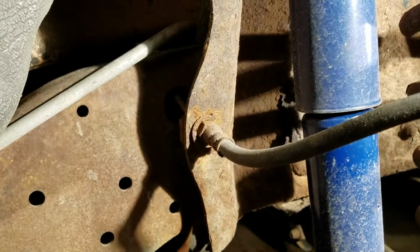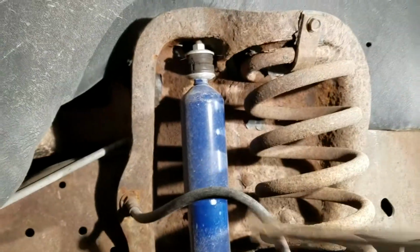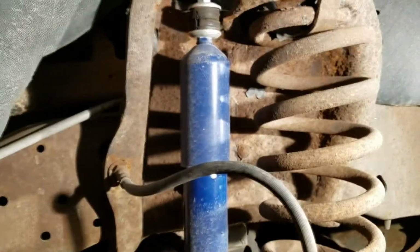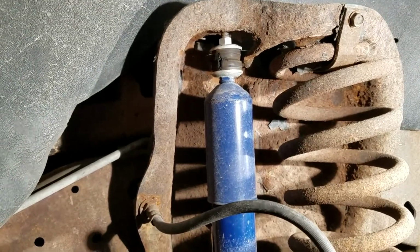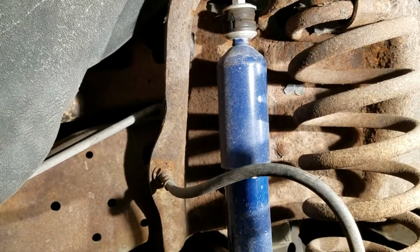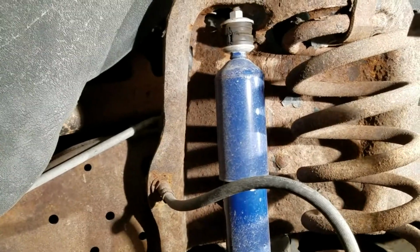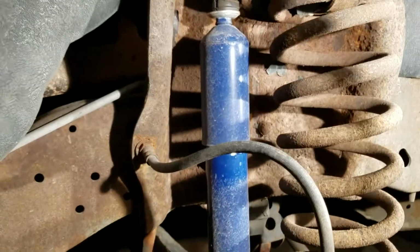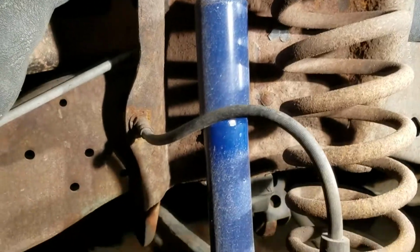Alright, so we've got the wheel off. Here's your setup. There's the old mount. We're going to get it replaced. I replaced shocks in this thing, I don't know, about the same time that I posted that video about the 96 F150 shock mount rusted through, but this side wasn't bad at the time, or that I really cared. But it's time to get it going because now the shock rusted through on this one,